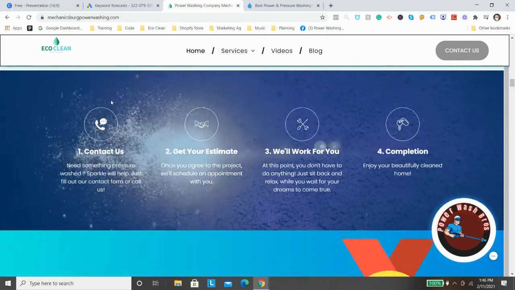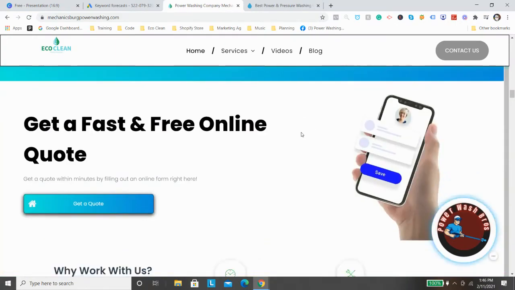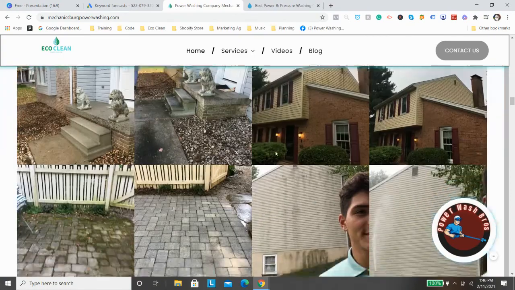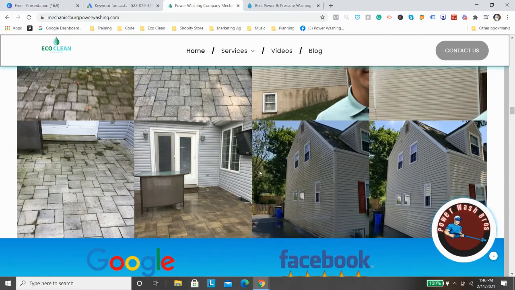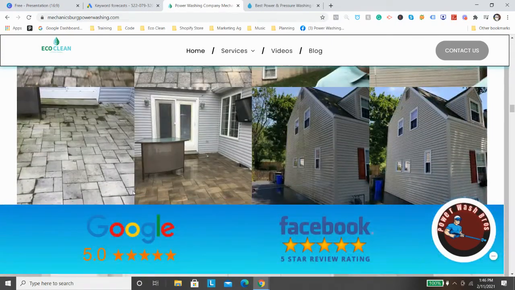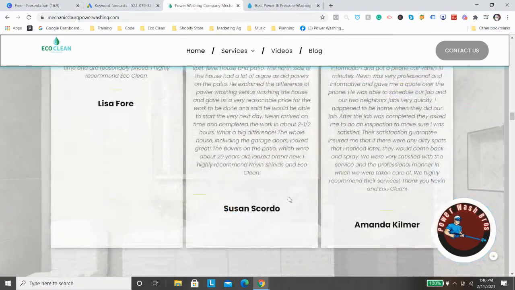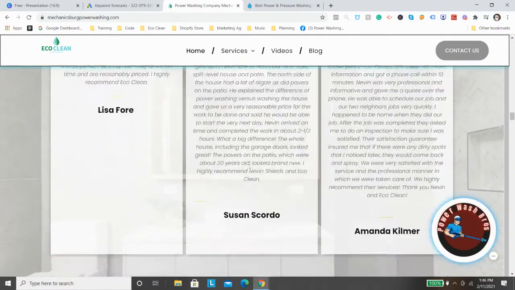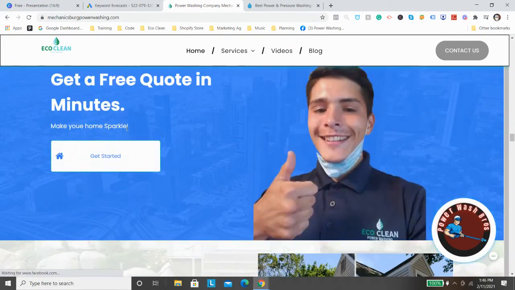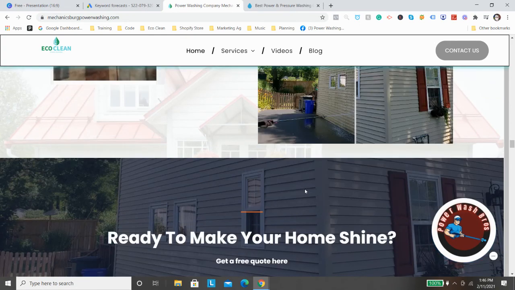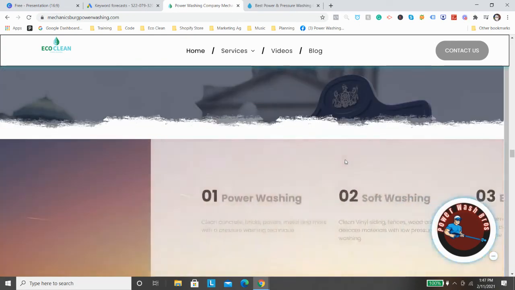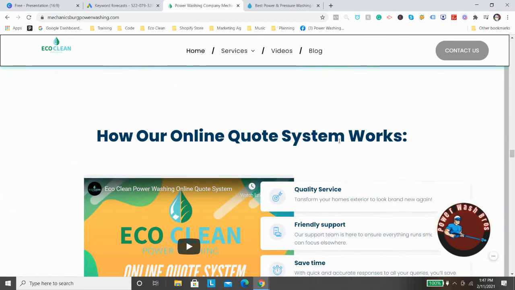Okay, and then again, just eye-catching stuff, animations, graphics. These are just the little things that are going to help increase your ability to rank. All these images, guess what they have? Alt text describing the image to Google. So this would say house washing, power washing, paver cleaning, just different keywords. Again, guess what? All these reviews are full of keywords. Same thing. Free quote in minutes doesn't really include an important keyword, but it's a sales proposition. Right? More keywords. So that's really what it comes down to, guys, in a simple way: keywords, content.